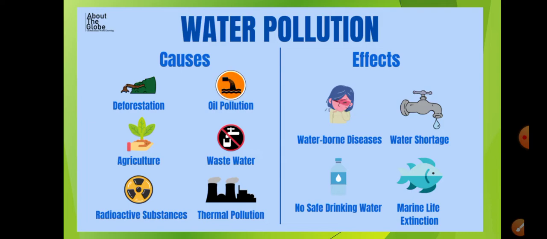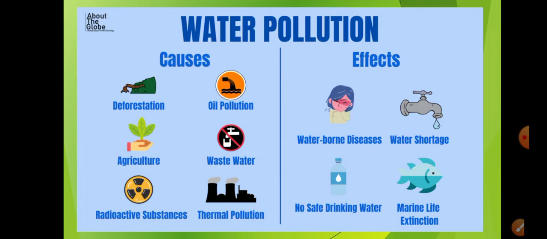As we had talked, wastewater is coming from your homes on an everyday basis, which is then getting added up to the larger water bodies, hence causing water pollution. Radioactive substances, these are very much dangerous substances. These are the chemical substances which should not be exposed here and there, but in certain cases it so happens that these radioactive substances are also being added up in the water bodies, thereby causing water pollution.